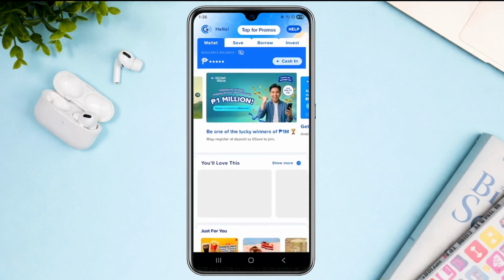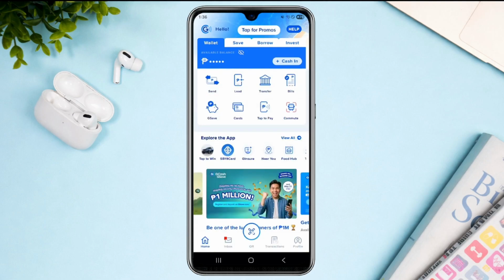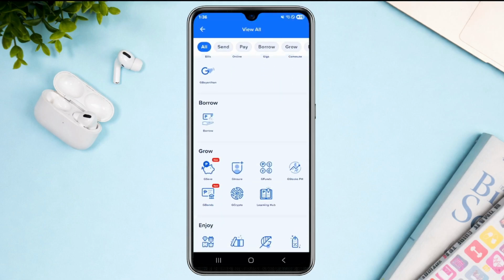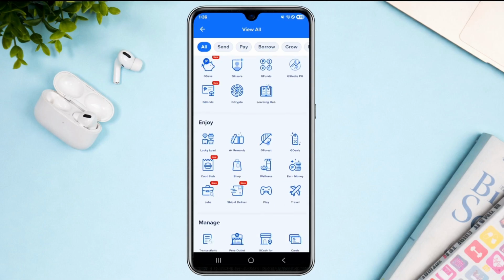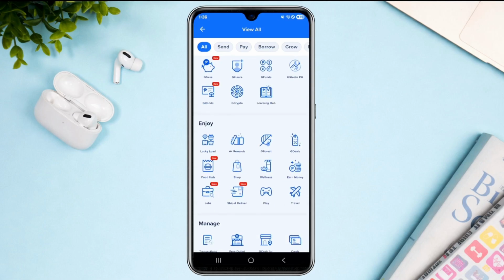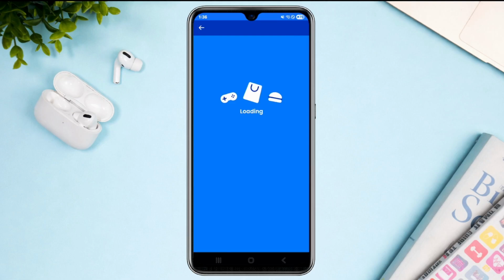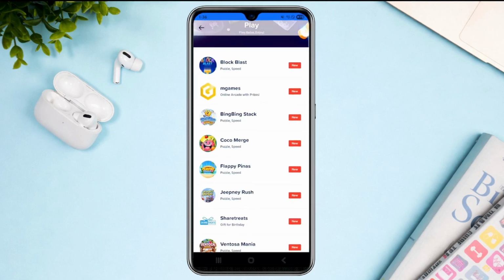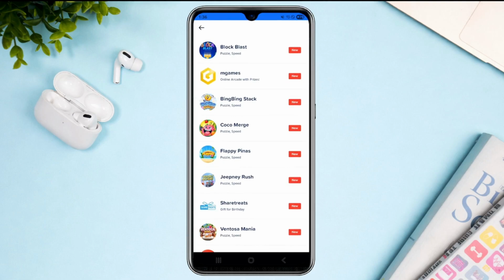Now to start with, open up your Gcash application by logging in using your 4-digit PIN, and it's going to be case-to-case basis. So say for example, you're playing the game inside Gcash via the Explore app, tap View All, and then if you scroll down under the Enjoy field, if you play the game under this option here that says play, specifically on any type of scatter, now you should be able to withdraw instantly directly from your Gcash